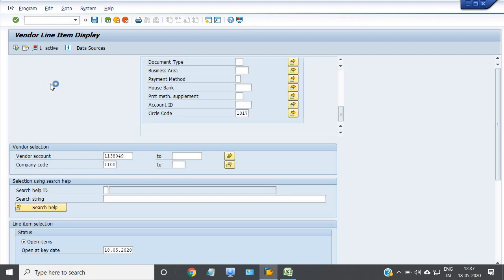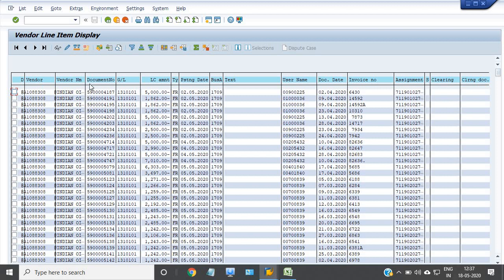It will take a few minutes. See, all the 45 vendors which I have entered here, open items till today's date are appearing here.